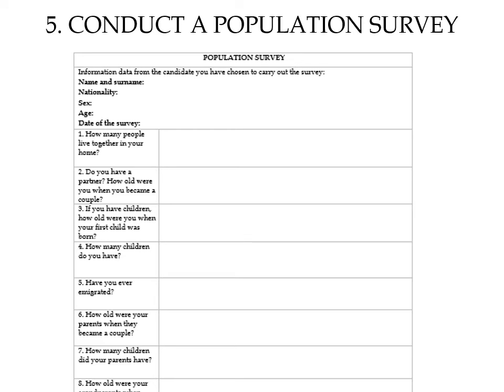And the fifth and last part is a population survey. So some sort of questionnaire that you have to answer and complete with the answers that some members of your family provide to you. Here are the data you need to complete about that member of the family. They are very important for official surveys, but as this is just an activity, you can leave blank some of the parts that the person doesn't want to answer,